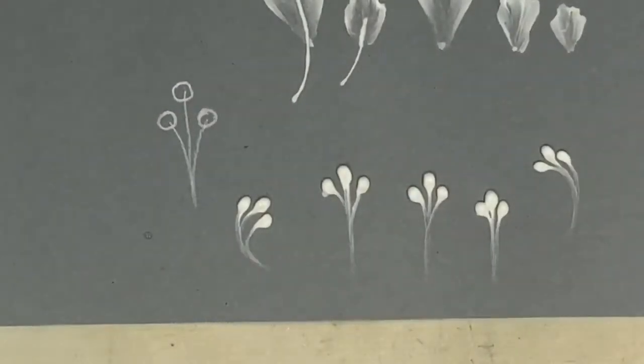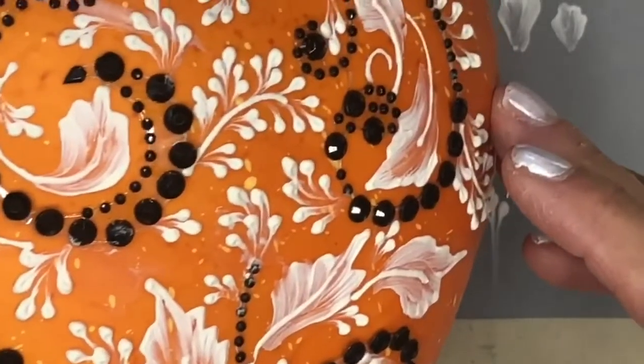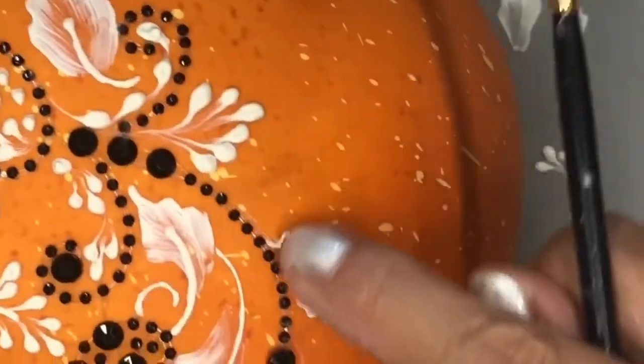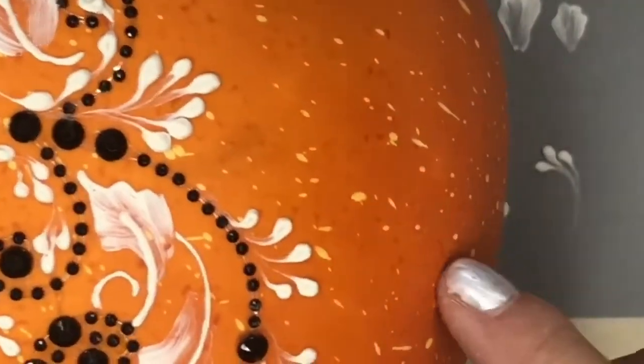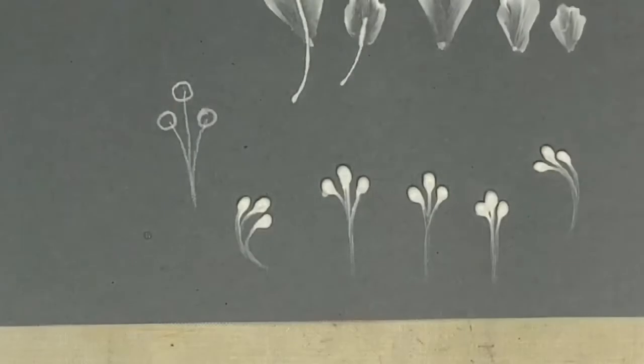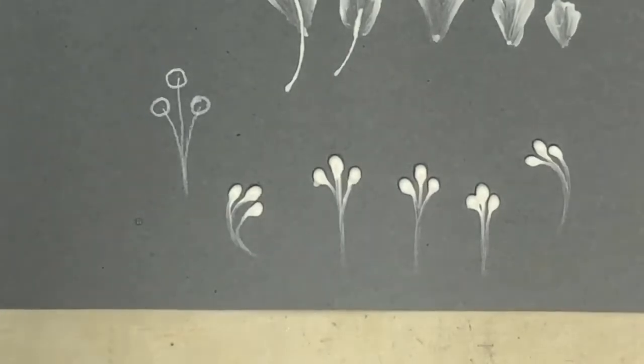Let me grab that pumpkin again. And you can see in here how I have come along here and made my bling the focal point, and I've pulled my 3-dot cluster back to those. And so many times it's design as you go. Okay, so